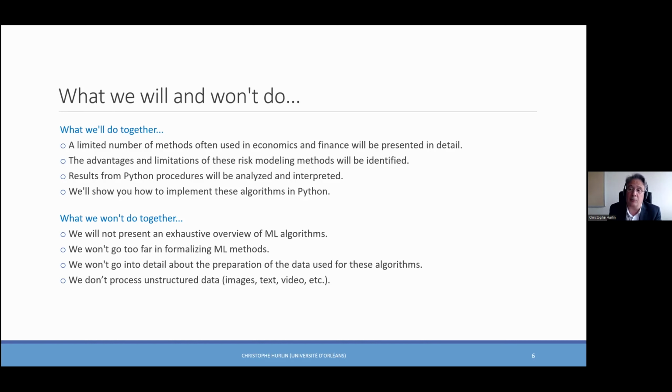But here I prefer to adopt another approach that consists in presenting a limited number of methods, which are often used in economics and finance, and to present them in detail. So the objective is to well understand the advantages and limitations of these models, and to well understand the Python procedure to implement them, and the possibility for you to analyze and interpret the results provided by these Python